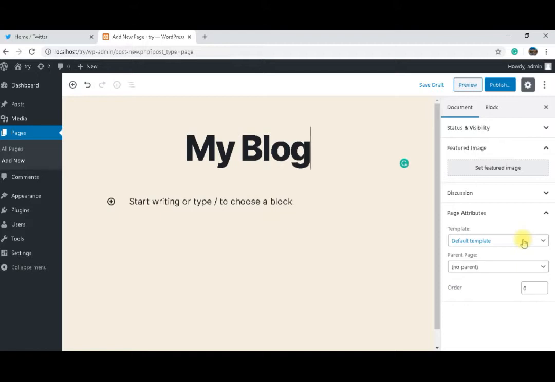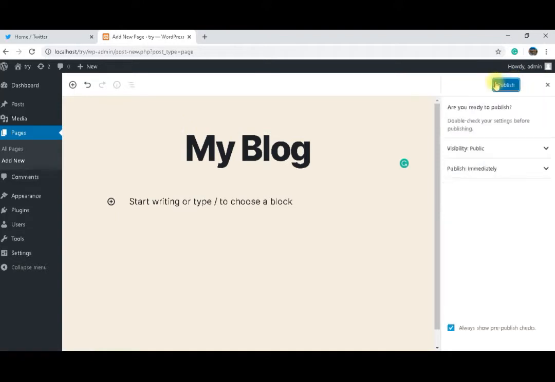You can make many pages on your WordPress website. You are not enclosed in these templates or in the pages that are given to you, or in one or two pages. You can make as many pages as you like, but the important thing is the user experience on your website. You need to balance it, so you don't put in too many pages and then your user is confused. So select the default template, call it my blog, and publish this page. Okay, publish,